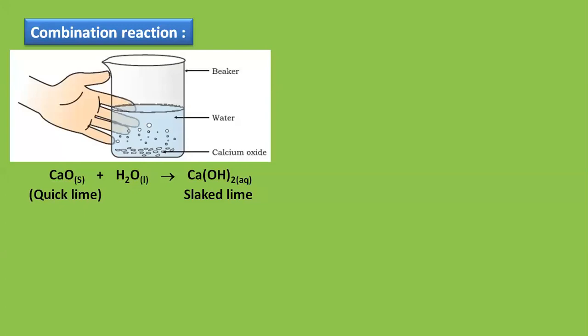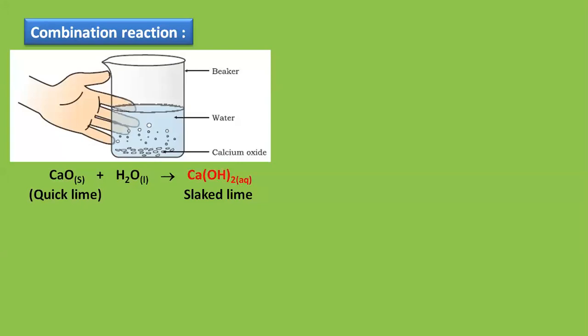But one more thing happens in this reaction. What is that? When I mix calcium oxide with water, by the way, do you know what is calcium oxide? Have you seen calcium oxide in your real life? Has anybody seen that? No? Okay, let me give you the common term for calcium oxide. Calcium oxide basically, students, is the lime which has been applied on the wall. If you know, that is calcium oxide. So when it is mixed with water, it gives me calcium hydroxide.